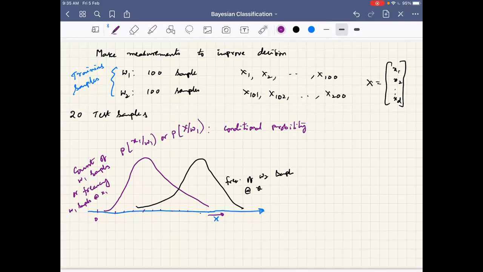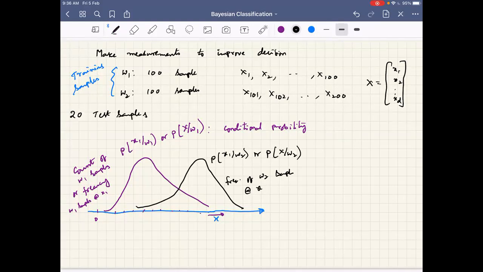So that's why we write P of x1 given omega 2, here omega 2 samples, or P of x given omega 2. See, the PDF for the distribution I'm plotting is for what? The PDF is only for x. Please make note of it. But the condition is on omega 1 samples or omega 2 samples.